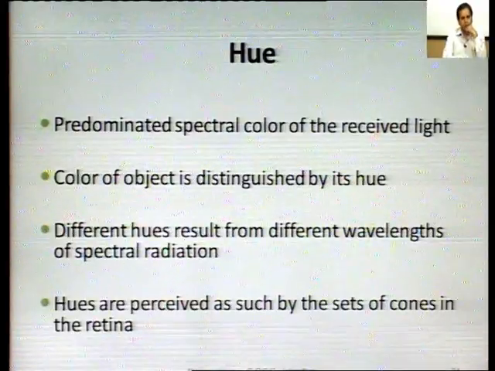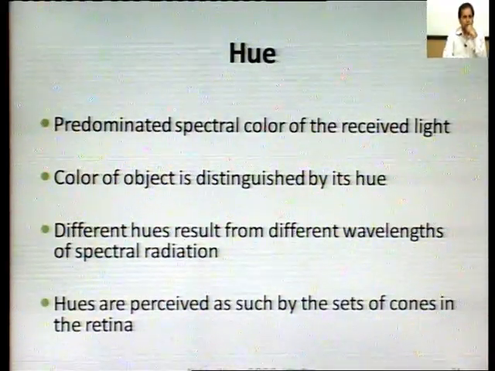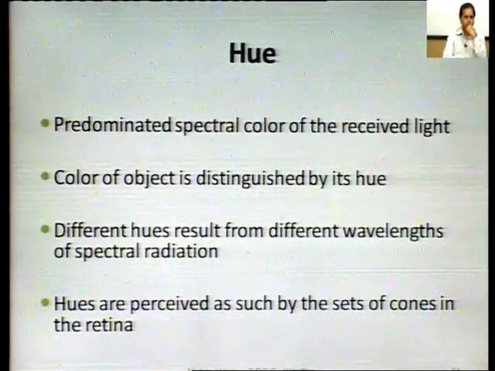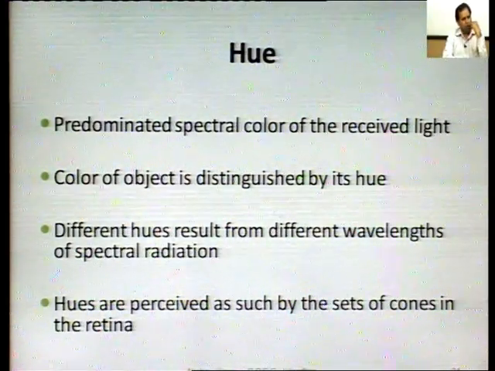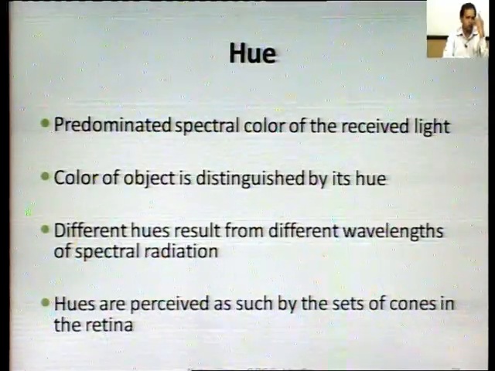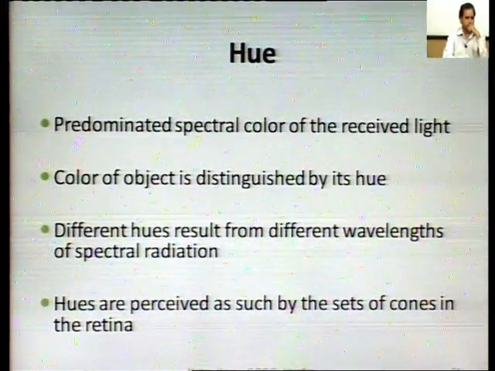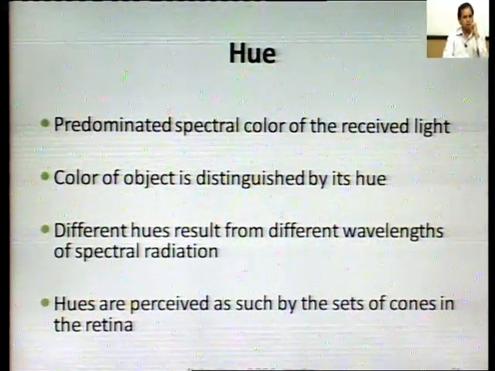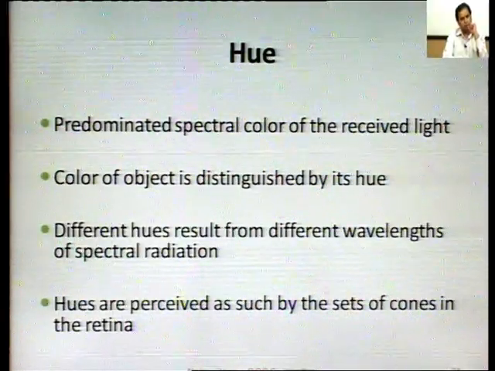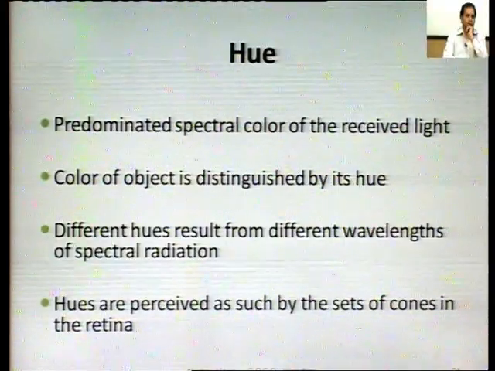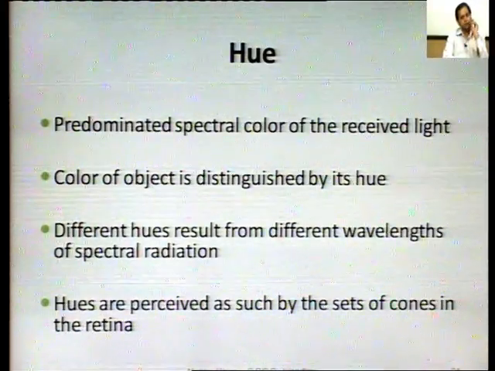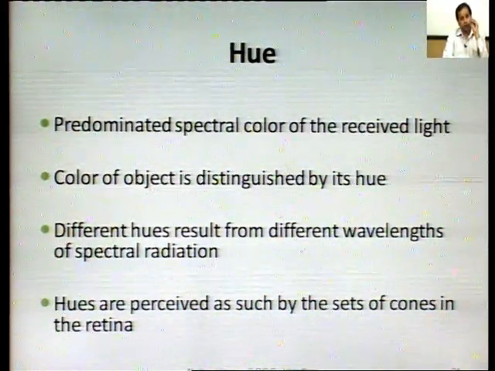Next is hue. It is the predominant spectral color of the received light. How dominant a particular color is, the predominance of any color. The color of an object is distinguished by its hue. Different hues result from different wavelengths of spectral radiation. What the hue of a particular color is